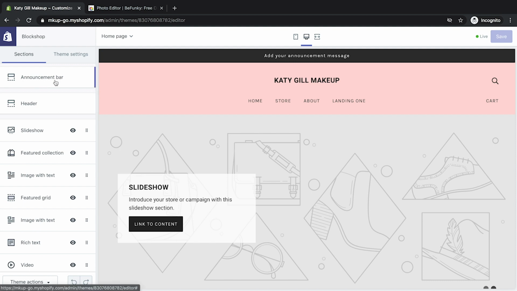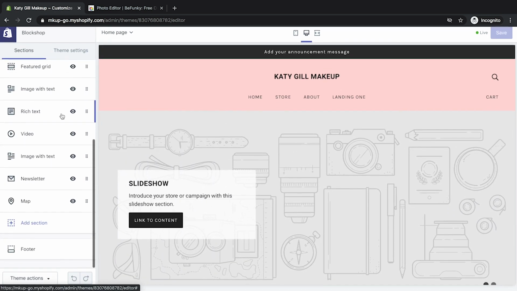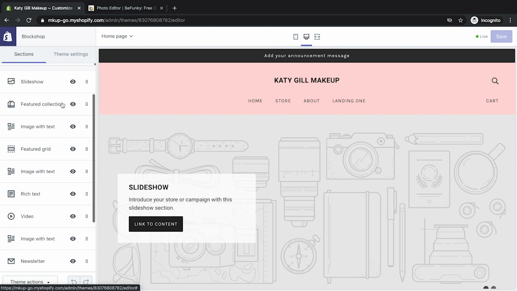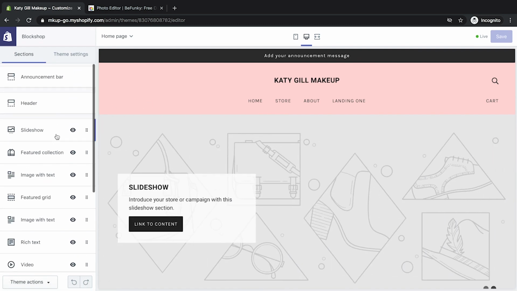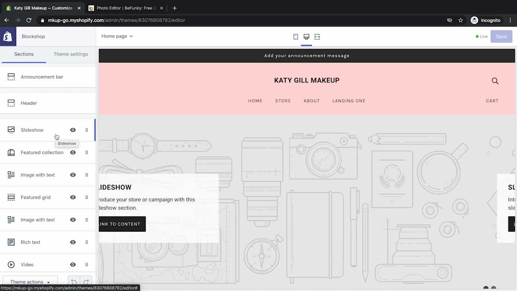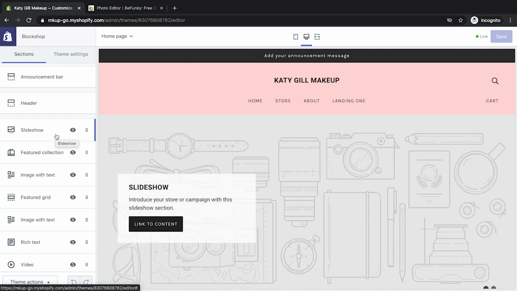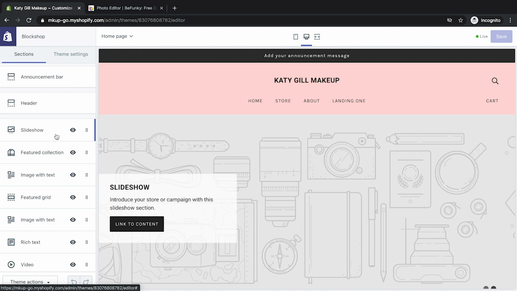What you're going to see here on the side will depend on what theme you have. They will be called different things, and you'll have different options with each one. This particular theme, Block Shop, looks like this. So I'm going to walk you through each individual section, but I'm not going to go into too much detail apart from what we need to use it for, because the likelihood is you're going to see things differently, but the settings in each one should be very similar.